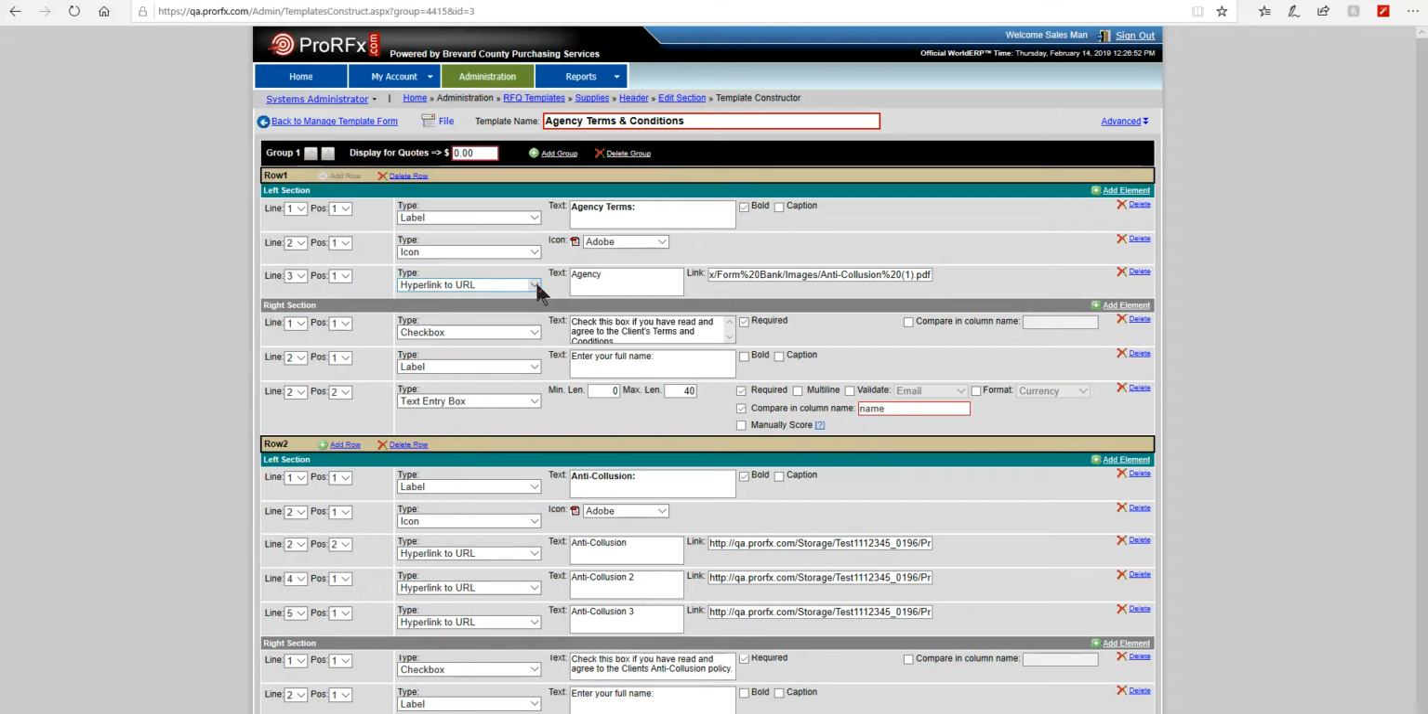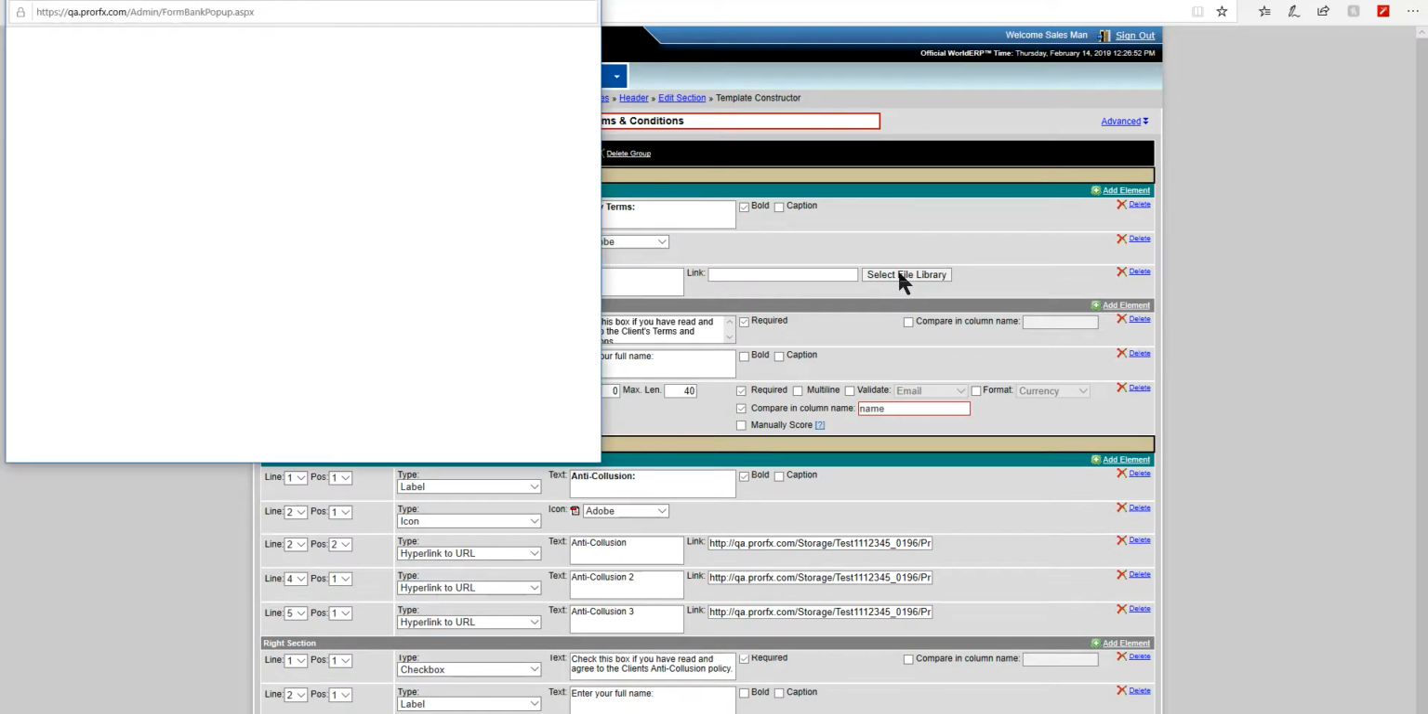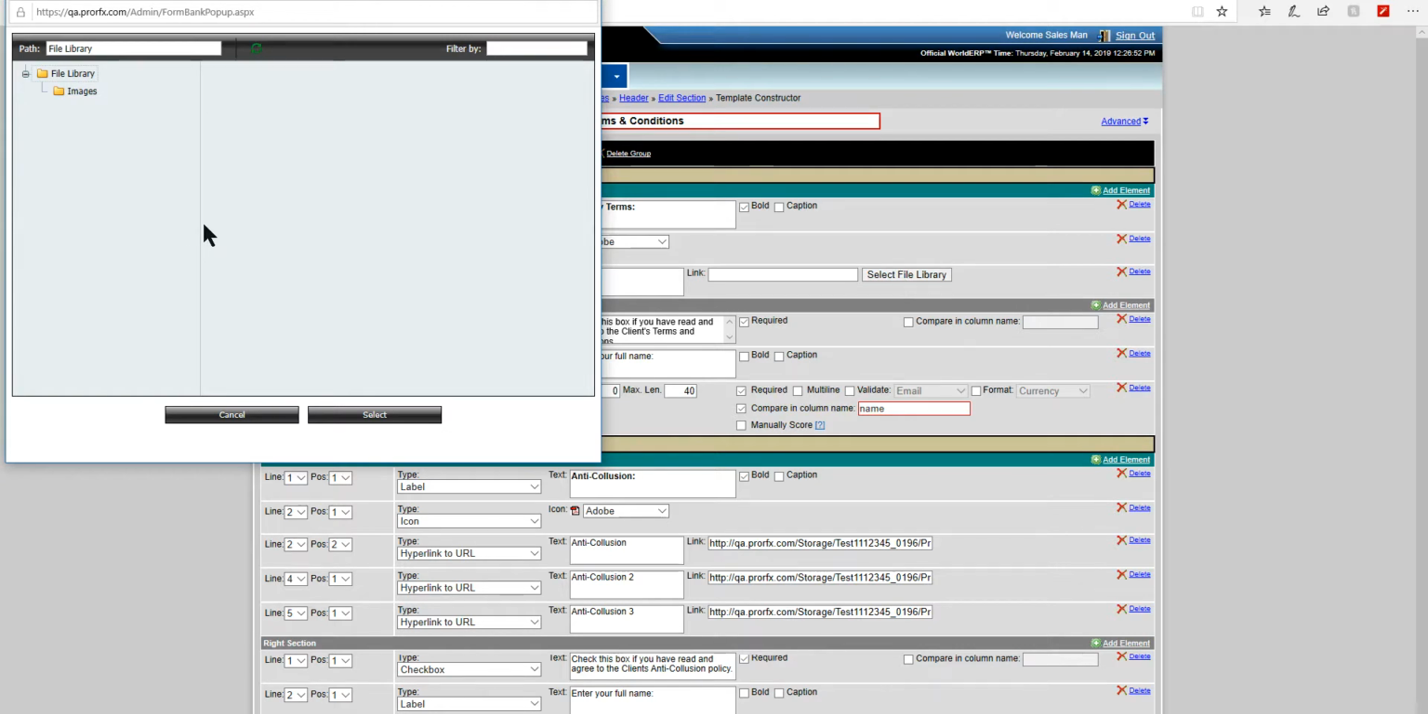This time we'll do a hyperlink to file library, agency. Actually, that should be anti-collision. Sorry, since that's the file I actually did the copy on. So select file library, images. Okay. In the file library, I'm not going to take the Adobe file, but I'll take the one that